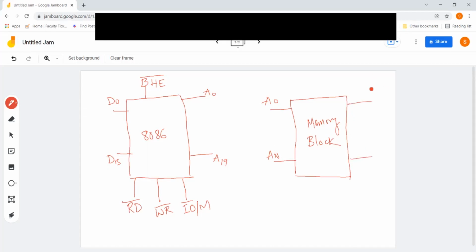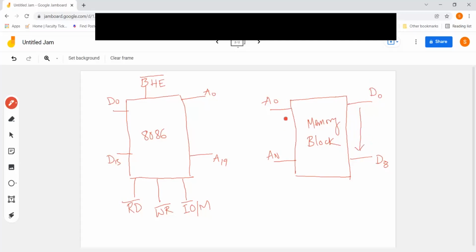Similarly, there will be data lines D0 to D7, and here it is fixed. Just understand that the memory available in the market will have 8 data lines only. That is, each location has 8 bits, that is 1 byte. There are some memory chips whose locations are 16 bit or 2 bytes, but the most commonly available memory chips have each register of size 8 bit, that is, a 1 byte memory location. So I am definitely writing it as D0 to D7.